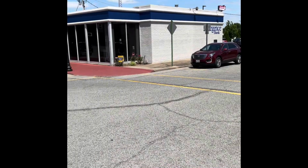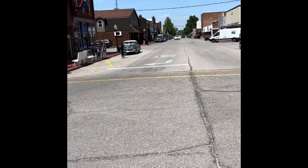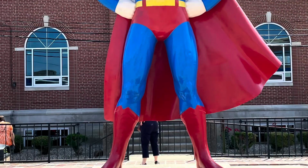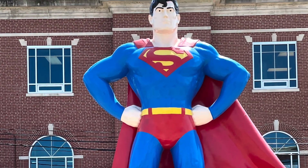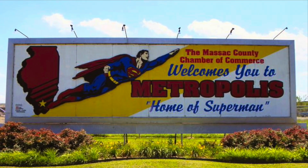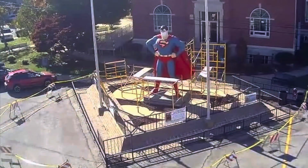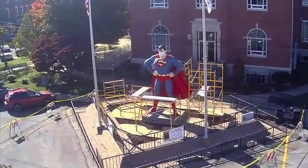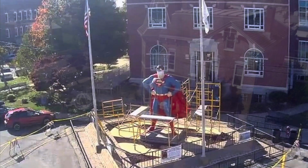In June of 1938, an alien from outer space arrived on Earth to fight for truth, justice, and the American way. His home is Metropolis, Illinois. His name is Superman. Located on the Ohio River across from Paducah, the city of Metropolis was founded in 1839 near the site of Fort Massac by a merchant from Pittsburgh and a local landowner. The two envisioned that the location on the Ohio River would become a transport hub and chose a befittingly grand